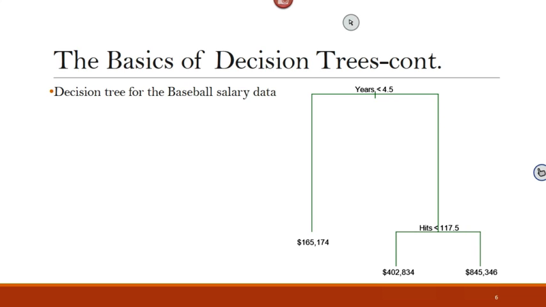The choice of your predictor and the cut point that you made here gets you to two nodes. Exactly. You take the sum, and then in the process of building a tree you compare this with a different cut point of the same predictor, or maybe a different predictor altogether. But one step at a time, one level at a time. Once you're done, you make a selection, you move to the next step, and so on and so forth.